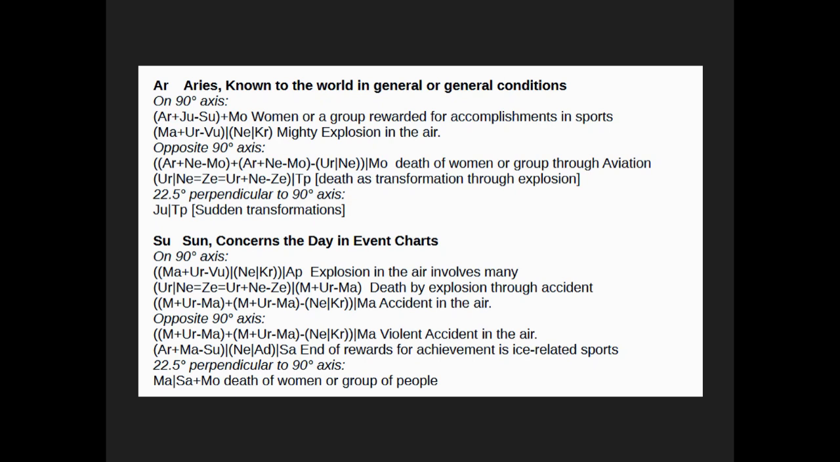The Sun, which concerns the day and event charts according to Uranian astrology teachings, we have complex midpoints that occur on the axis of the Sun. Explosion in the air involves many. Death by explosion through accident. Accident in the air. These are extremely explicit formula combinations of basic formulas which have their rulership stated, that have